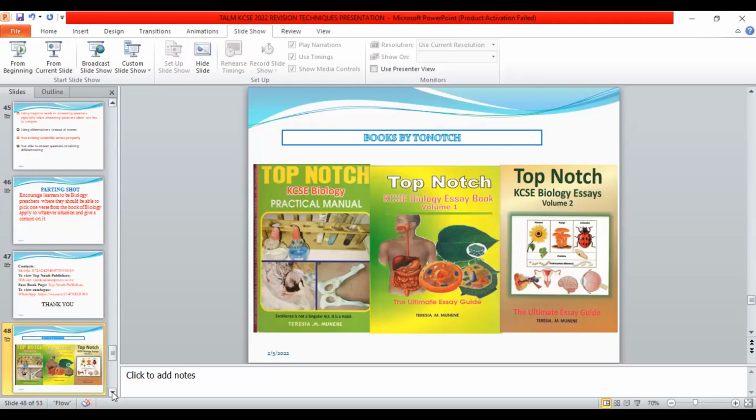For paper 2, we have the essay writing book, whereby first of all, I have described what the student needs to know when they are writing a biology essay, and common mistakes that students make when writing a biology essay. Then we have a summary of commonly tested topics in the essay, whereby at the end of every topic, I have given suggested essays, and then at the end of it all, we have the answers. What is very unique with the marking scheme or the answers to the essays is that I have tried to highlight the marking points by using a semicolon, which represents the marking point in biology.